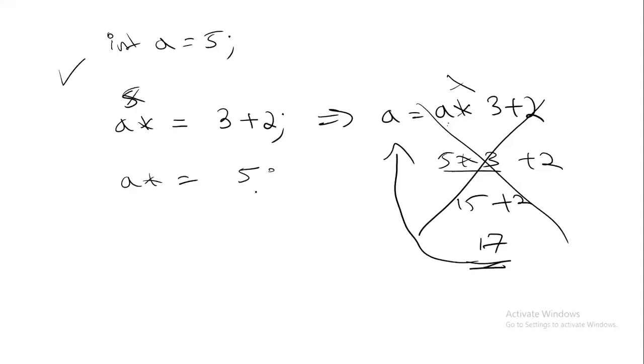Once this is evaluated, then it is expanded like this: A = A * 5. Now it will expand. So what is this A value? 5. 5 into 5 it will do. That is 25. I hope everyone has understood how to evaluate these kinds of problems. If you have understood, take the screenshot and comment whether you have understood or not.